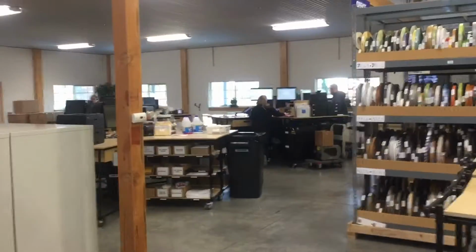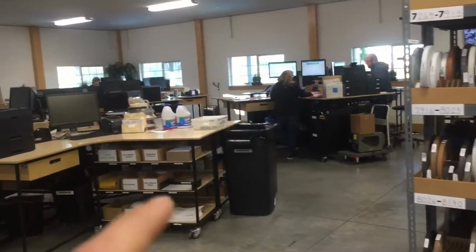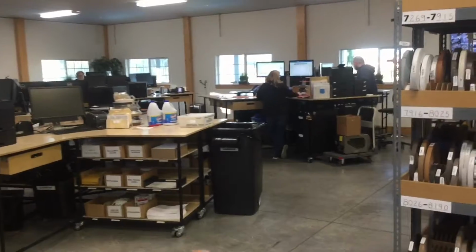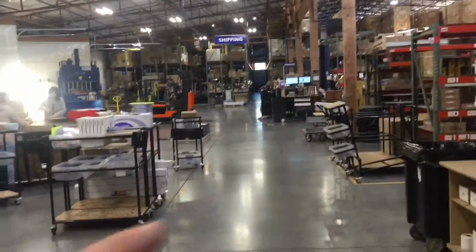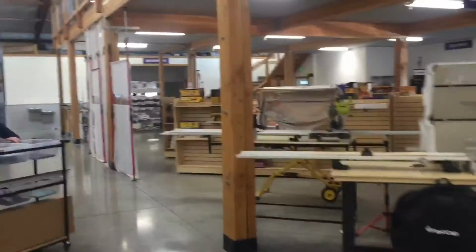It's wide open. And so right next to the shipping area, everybody is at stand-up desks. So anybody can walk in and ask a question if they need anything from anyone else. They're not doing any extra effort to stand up and come run out here and talk to shipping or production or anybody like that. And then next to the office here, we have our showroom. So the office people can help anyone out who's in the showroom. And then going back through the showroom here,